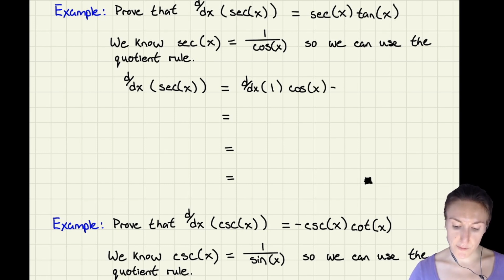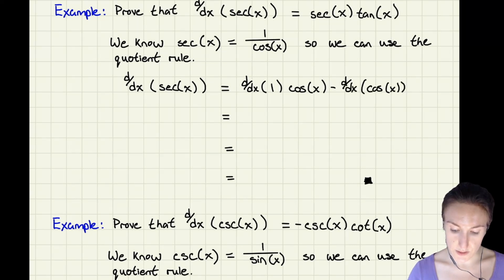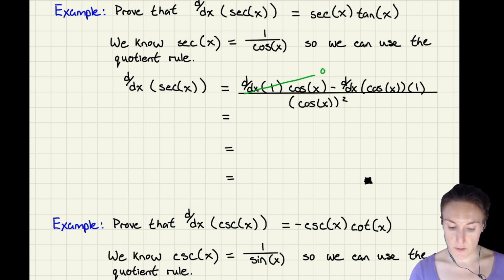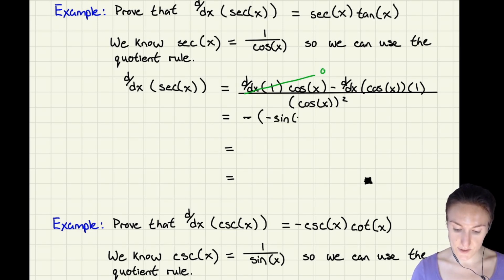So the quotient rule, the derivative of the top times the bottom minus the derivative of the bottom times the top. And again, this is all divided by the bottom squared. So cos x, and then we're going to take 2 of those. So now this first part here, this is all just 0. So what are we left with? We're left with minus, remember, the derivative of cosine is minus sine. So just to make sure I don't mess up my negatives, I'm going to go minus bracket minus sine x. And then that's just times 1. All right, and then we have divided by